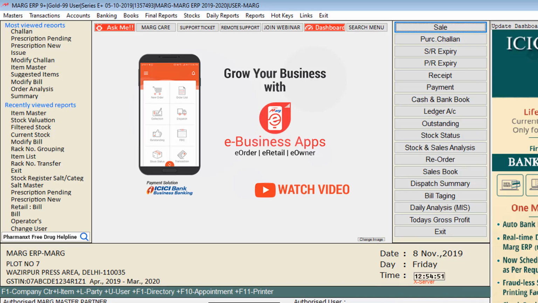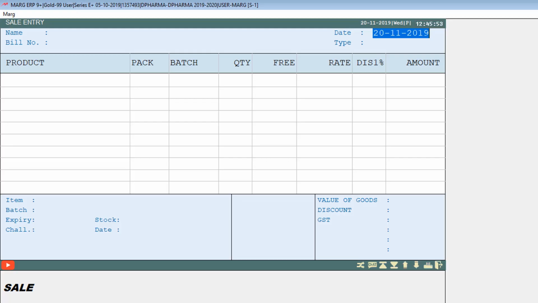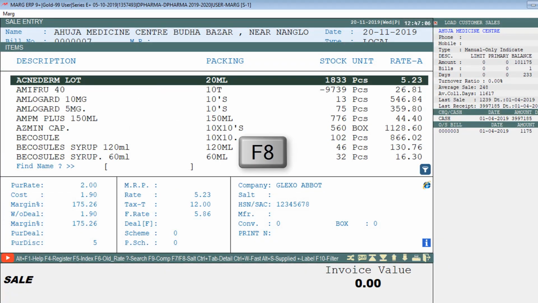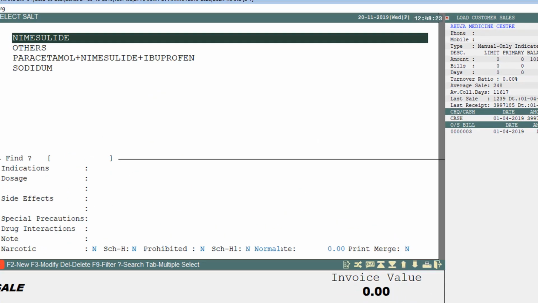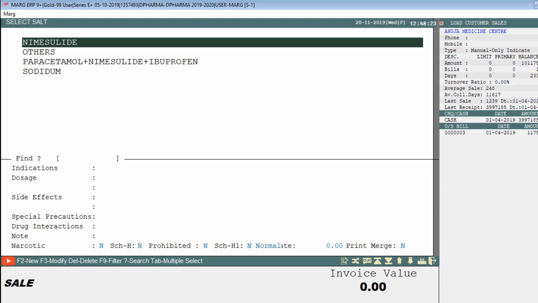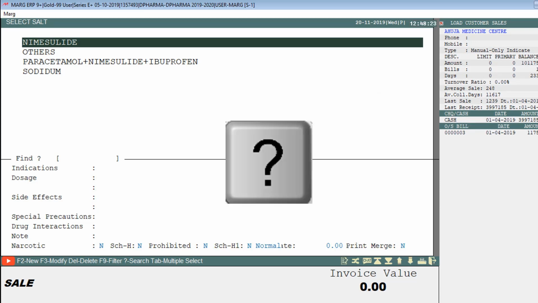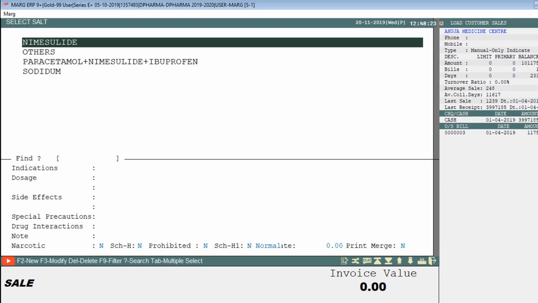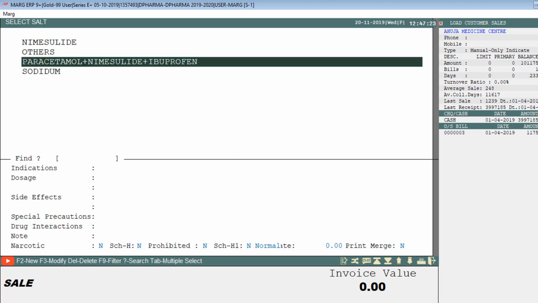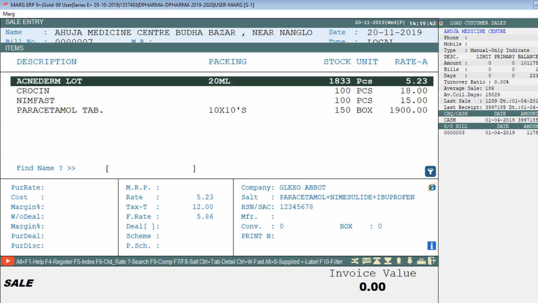So by following either of the two processes, you can define the salt and its combination in the items in the software. Now after this, whenever you do the billing and press the F8 key on the item description window, you will be switched to the select salt window, and from here search that salt of an item to generate the bill and load the related items in the bill. And as we have created this combination of the salt, as you press enter on this salt, you will see the products of your selected salt displayed here. Now you can simply select any item from here and generate its bill.